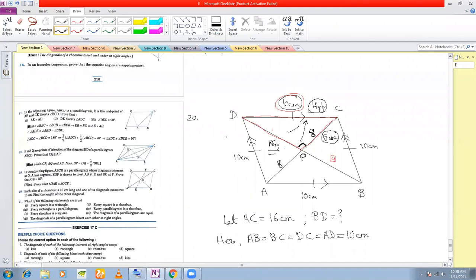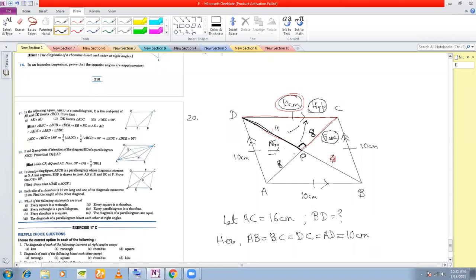But once we find out the length of the perpendicular, our problem is not over. Why is it not over? Because once we find out the length of the perpendicular, we are only getting the length of PD, this length. Now the other length that you want to find out is double of this length. Suppose I get this as 4 centimeter, this must also be 4 centimeter. That is, BP must also be 4 centimeter. Why should it be 4 centimeter?